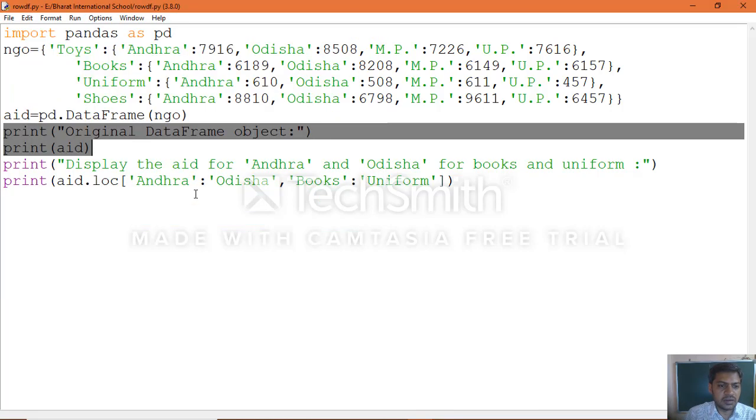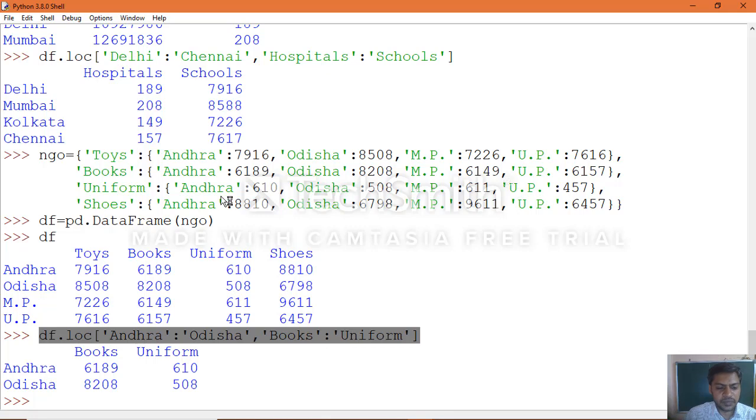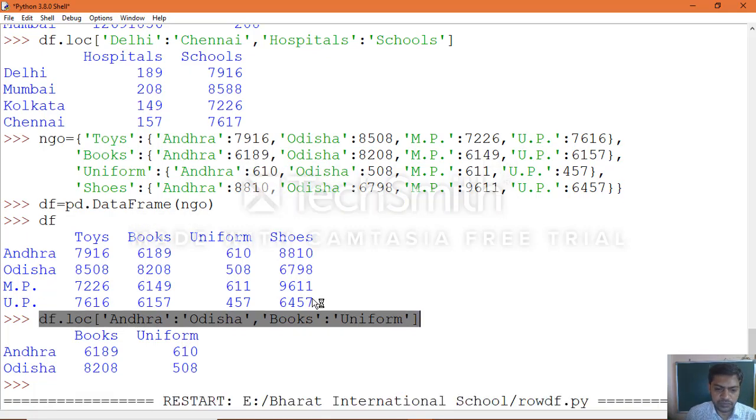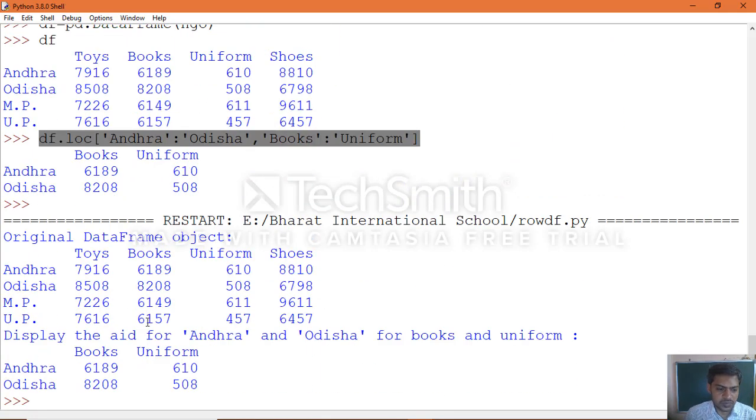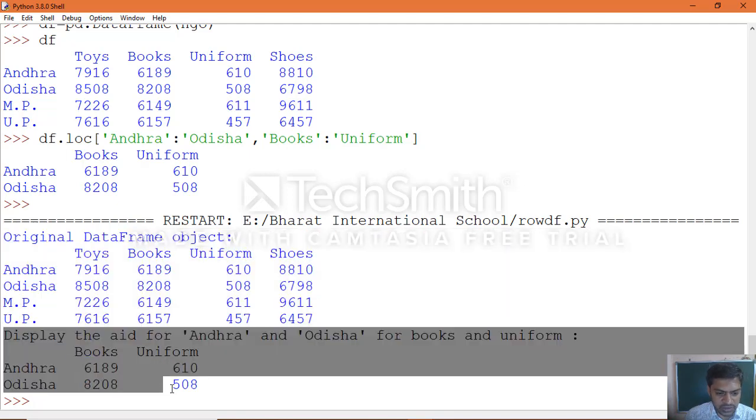Save it. Now go to run module, execute. See, the original data printing is optional, and this is the actual output they wanted for the question they asked.